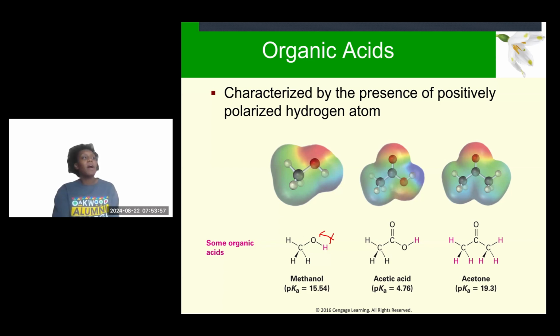Because this is polarized, it is going to be slightly acidic, all right? But notice it's only a little polarized, and so the acidity is not going to be as strong as when you have